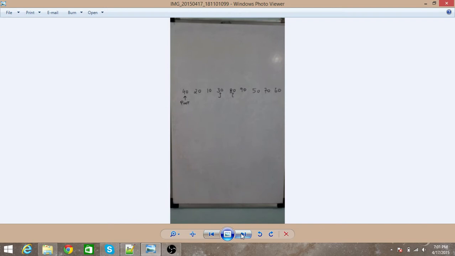When they cross each other, we swap the value of pivot with j. So now 40 will be at the position j, and here you will notice one thing: all the elements which are greater than pivot are on the right side, and the values which are less than pivot are on the left side. So this position is fixed, so we got an element which has a fixed position.